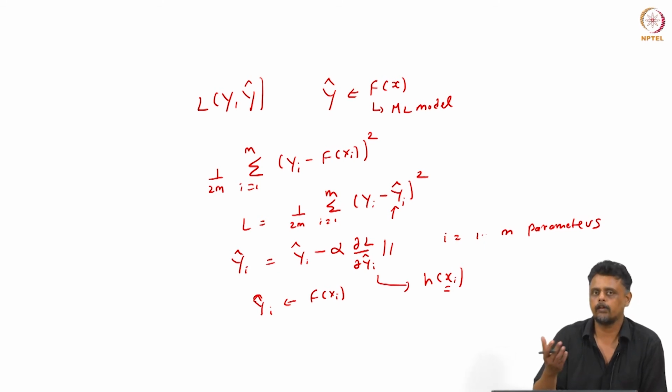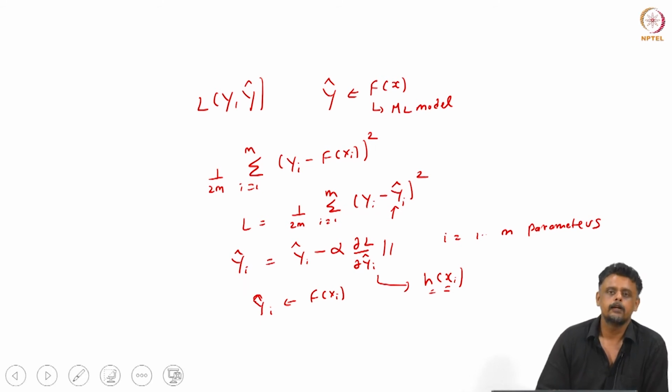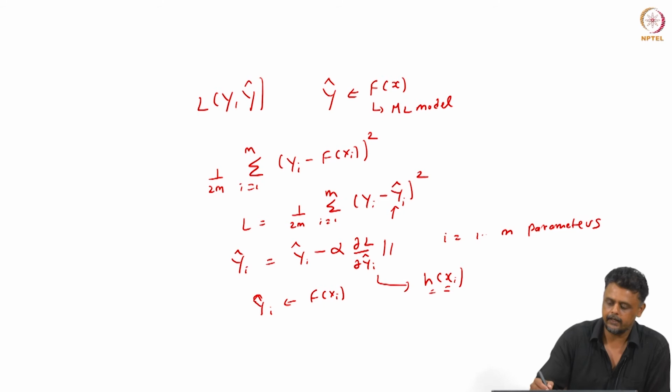In fact, you can think of it in 3 dimensions also, and it will be very easy to see that there are not enough points. So, we have a finite number of training points, and we are trying to regularize this gradient by fitting it to a machine learning model h of xi. So, once we estimate the gradient, then you update the parameter, that is exactly what we did. Here, for estimating the gradient, we are actually fitting it to a machine learning model h of xi. This is where gradient boosting comes from. Okay.